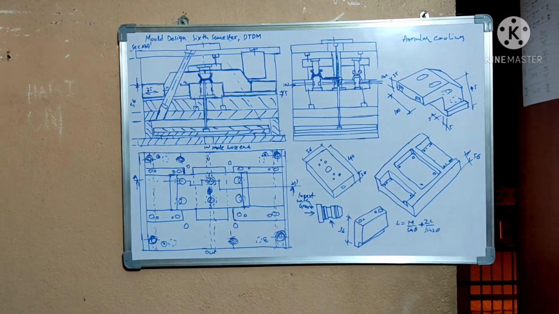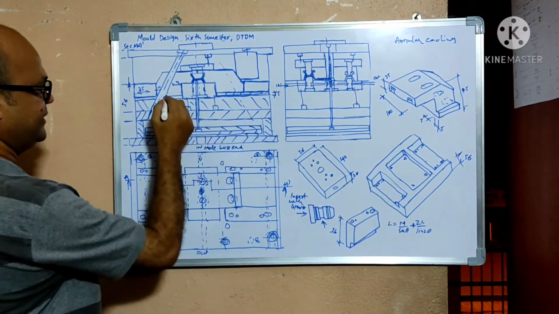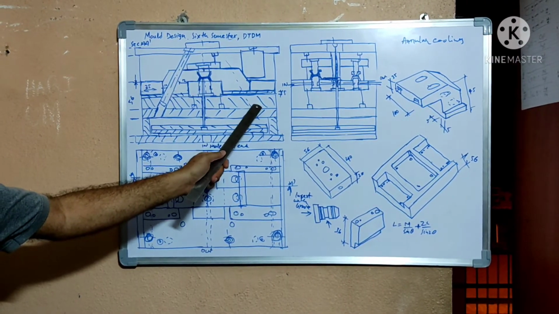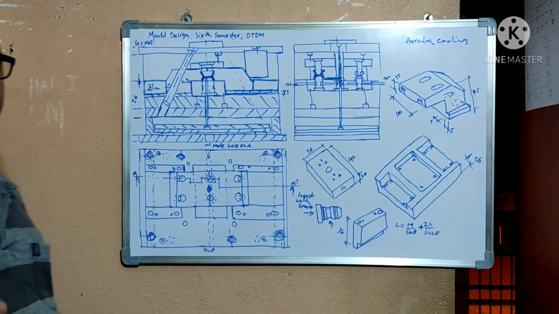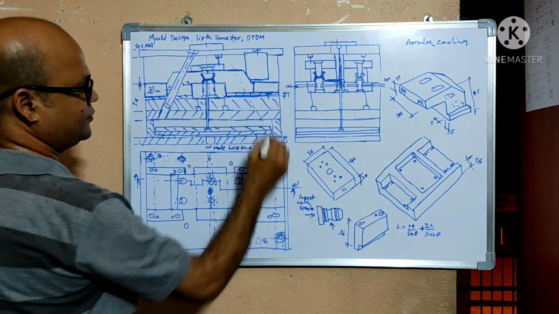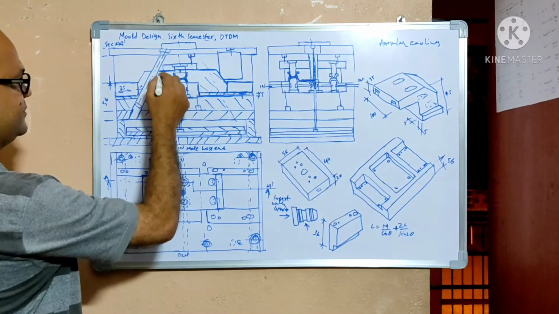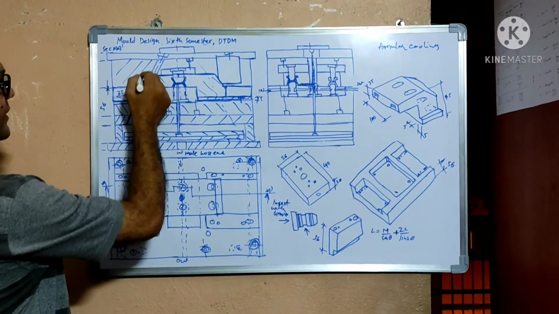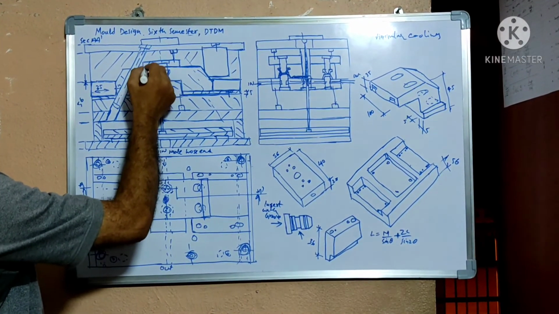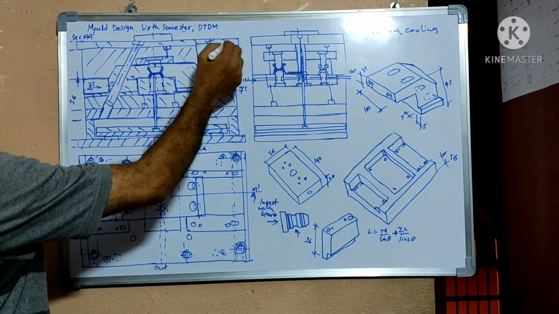I am showing here the wear plate. Again you have to hatch in the wear plate. The wear plate is connected here using countersink screws. I am sure I didn't show here the countersink screws. And again hatching in the side cores, hatching in the inserts, all the inserts, hatching is done, and the wedge.